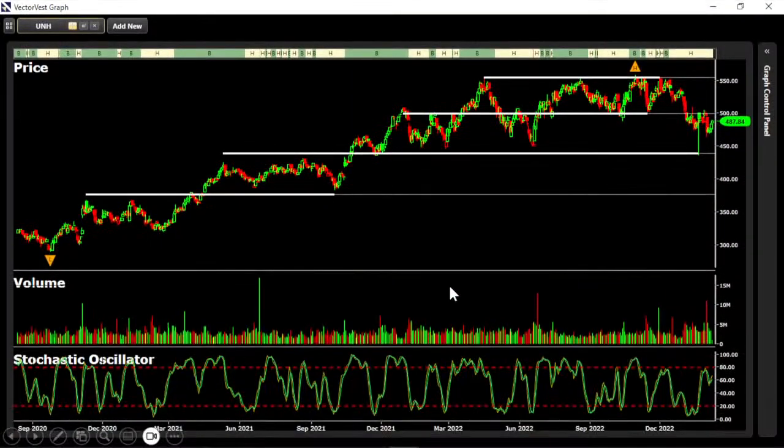So now, this is a stock again that if we bought back in September of 20, we would have held it the entire time here. Maybe selling it one time when it got a sell, but buying it back when it got a buy rating. This is a long-term retirement portfolio position. We know that because of the fundamental analysis that we just went through. But boy, this stock trades very predictably, doesn't it?